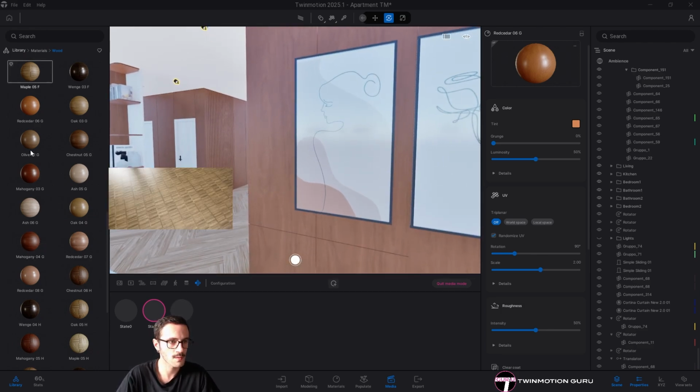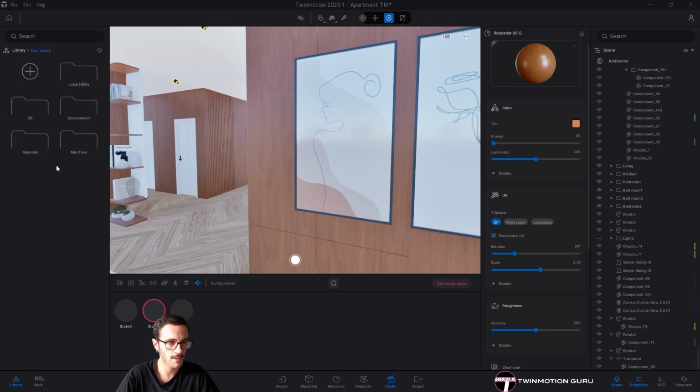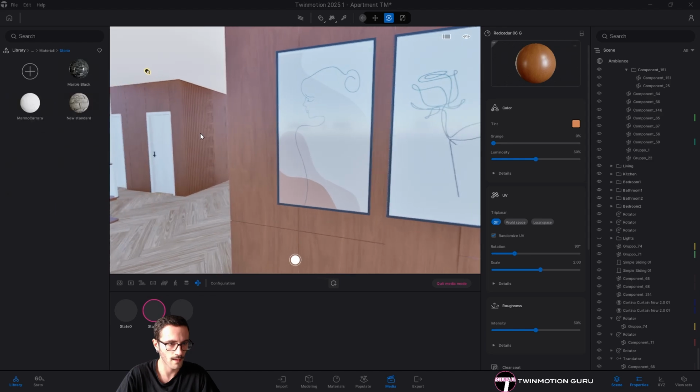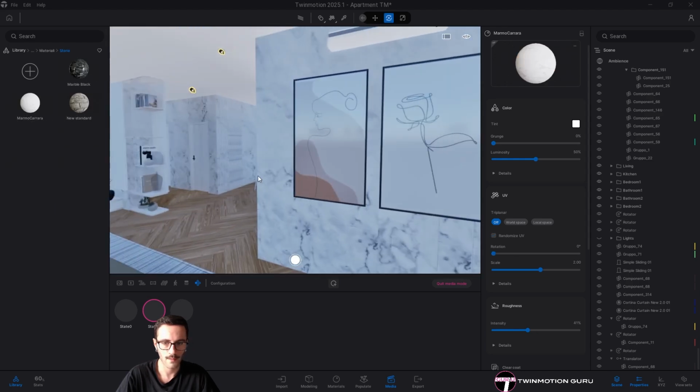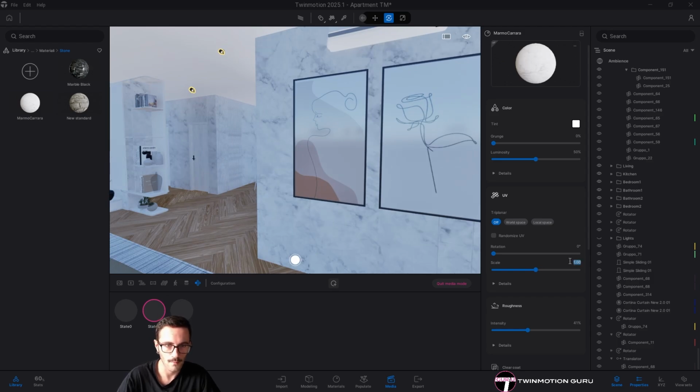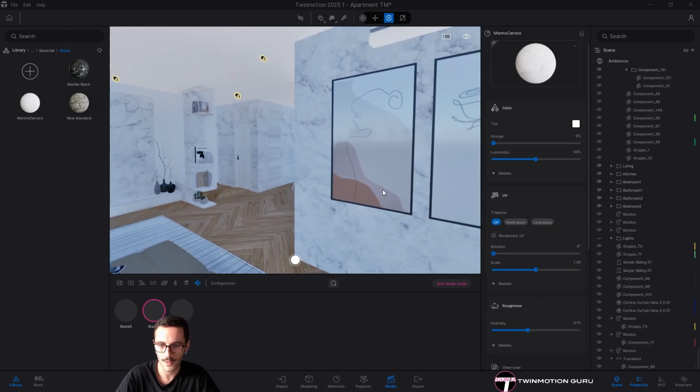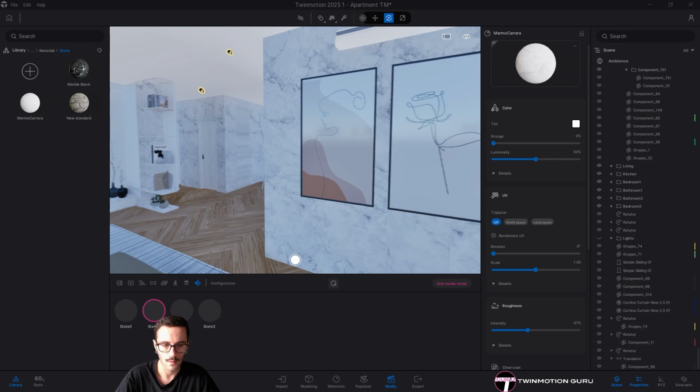Maybe I'm just modifying it with another material, maybe from my library with marble material, like this one. It's a bit too large here, but it's okay.